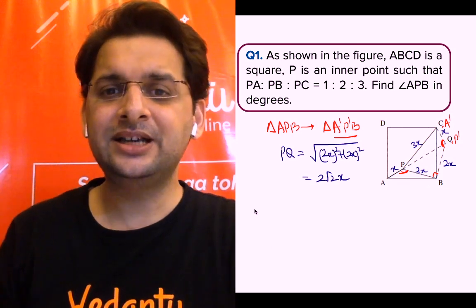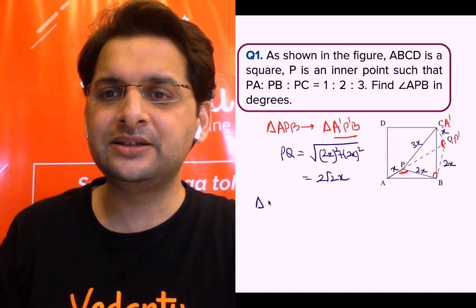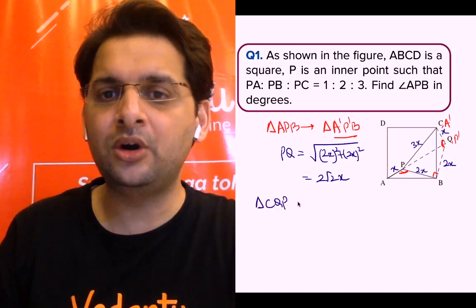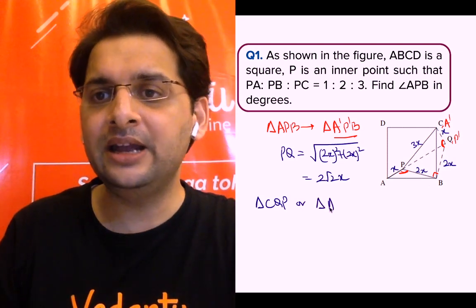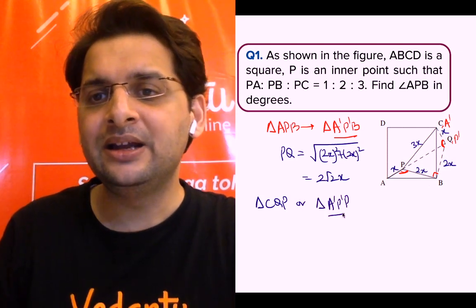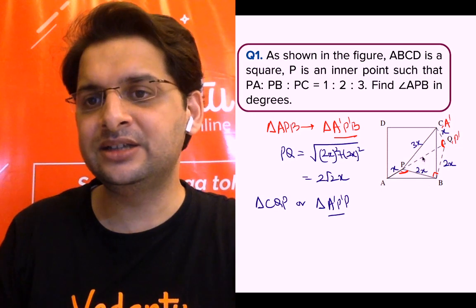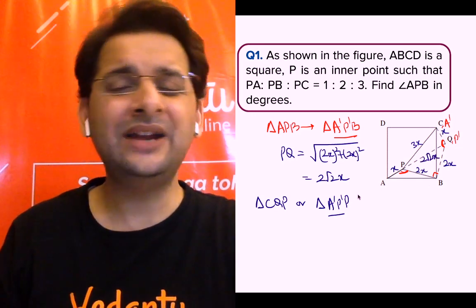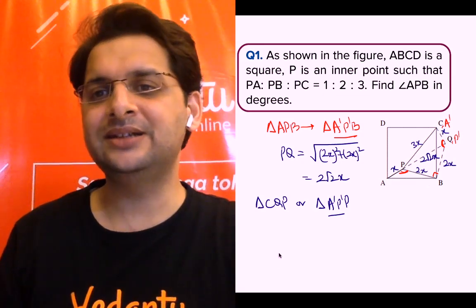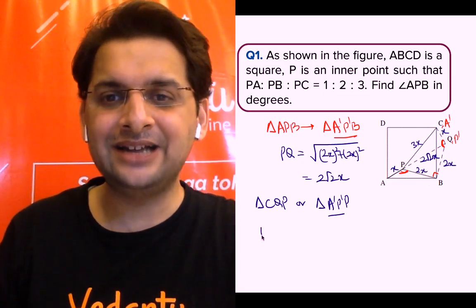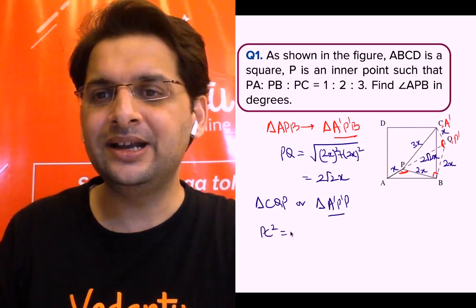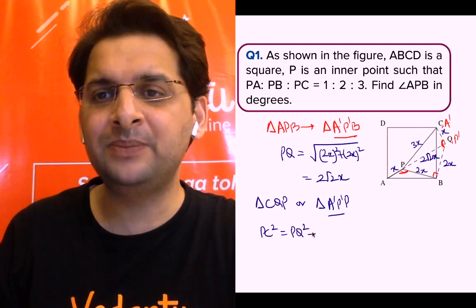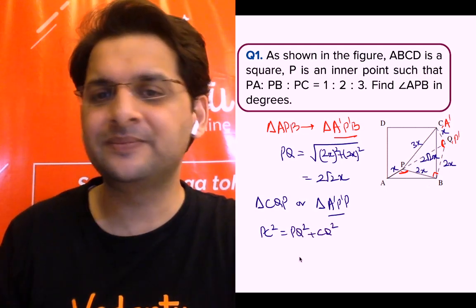Now, just look at the triangle CQP, या एक ही बात है, triangle A dash P dash P. We know all the sides. So this is 2 root 2X. This is X and this is 3X. Can we make out anything from these three sides? We can easily see that PC whole square is equal to PQ whole square plus CQ whole square.